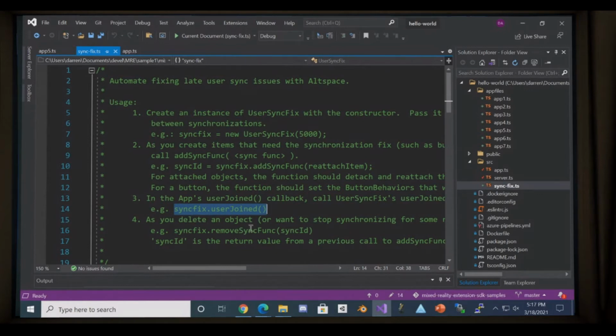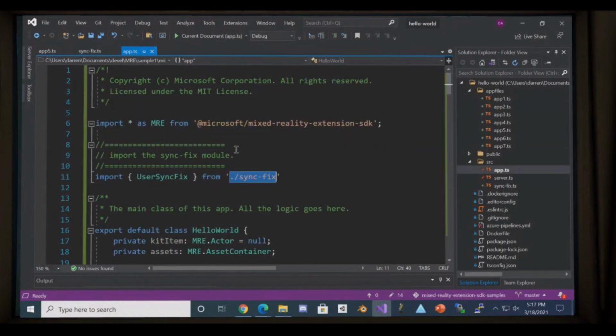If for some reason you want to turn it off, I provide a way of doing that as well. But stepping through it in the app here, we've already imported the MRE, so that's the standard import. Here we're going to import